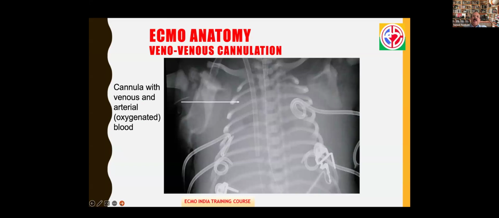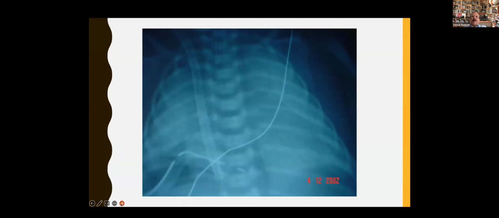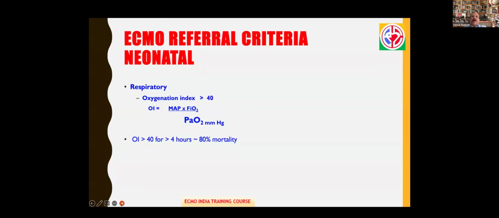Some of the X-rays very quickly. This is a WM cannula which is placed in the right atrium here. Similar picture. And in the neonatal population, oxygenation index is very useful for identifying the candidates who will benefit from ECMO. Oxygenation index is